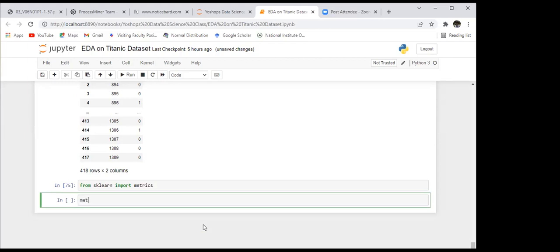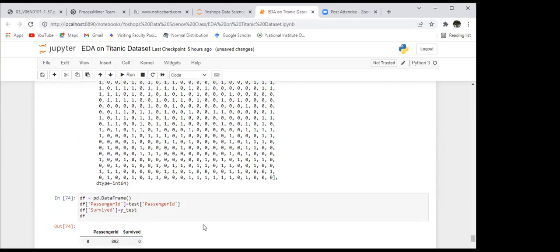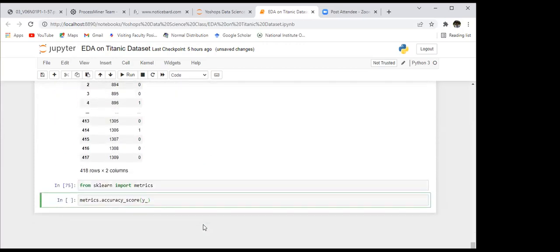And then using the metrics, you can find the accuracy score. Accuracy score will be calculated upon your predicted variable. The name I have given is Y test, right?